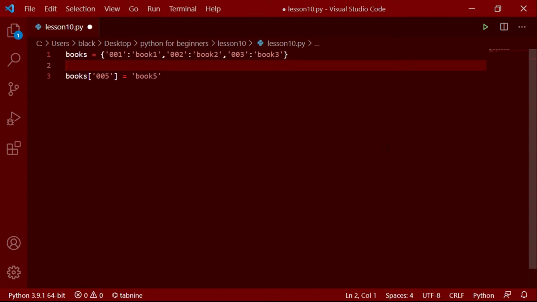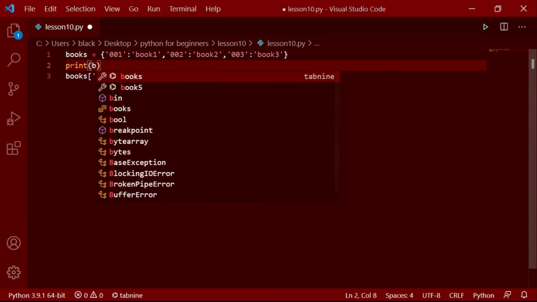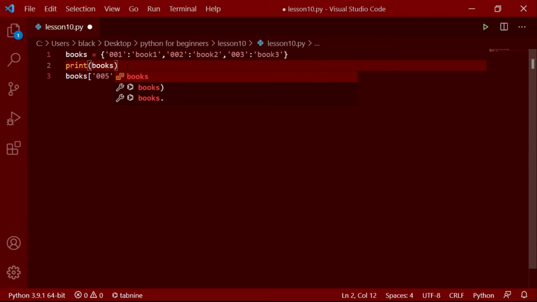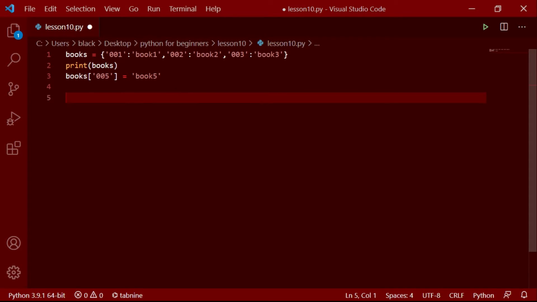First, in here the key and value pair haven't been added yet. I'll add a print command to print this out before adding the key and value pair, and again after adding the key and value pair I'll print it again.